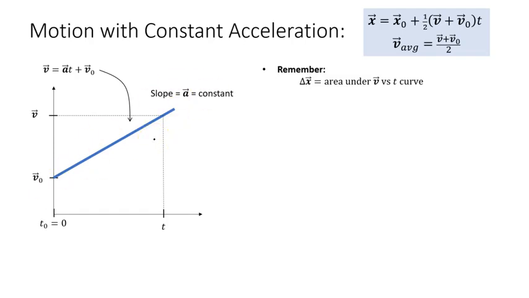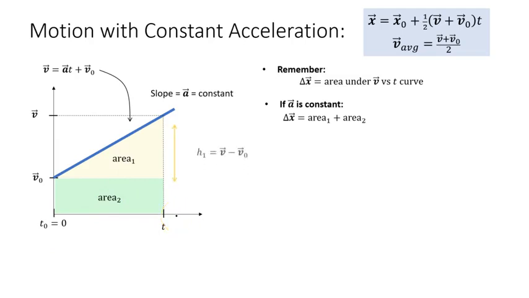So to do that, remember we want to divide our graph up into things that are easy to calculate area for. So I'm going to divide it up into a triangle and a square. Okay, so I have my yellow triangle here and my green rectangle. Rectangle, not a square, sorry. So those are my two areas that I need to calculate, and then if I add them together, I would get the total displacement during the time frame from t naught, which is equal to 0, to time t. So that would be the displacement during that time.